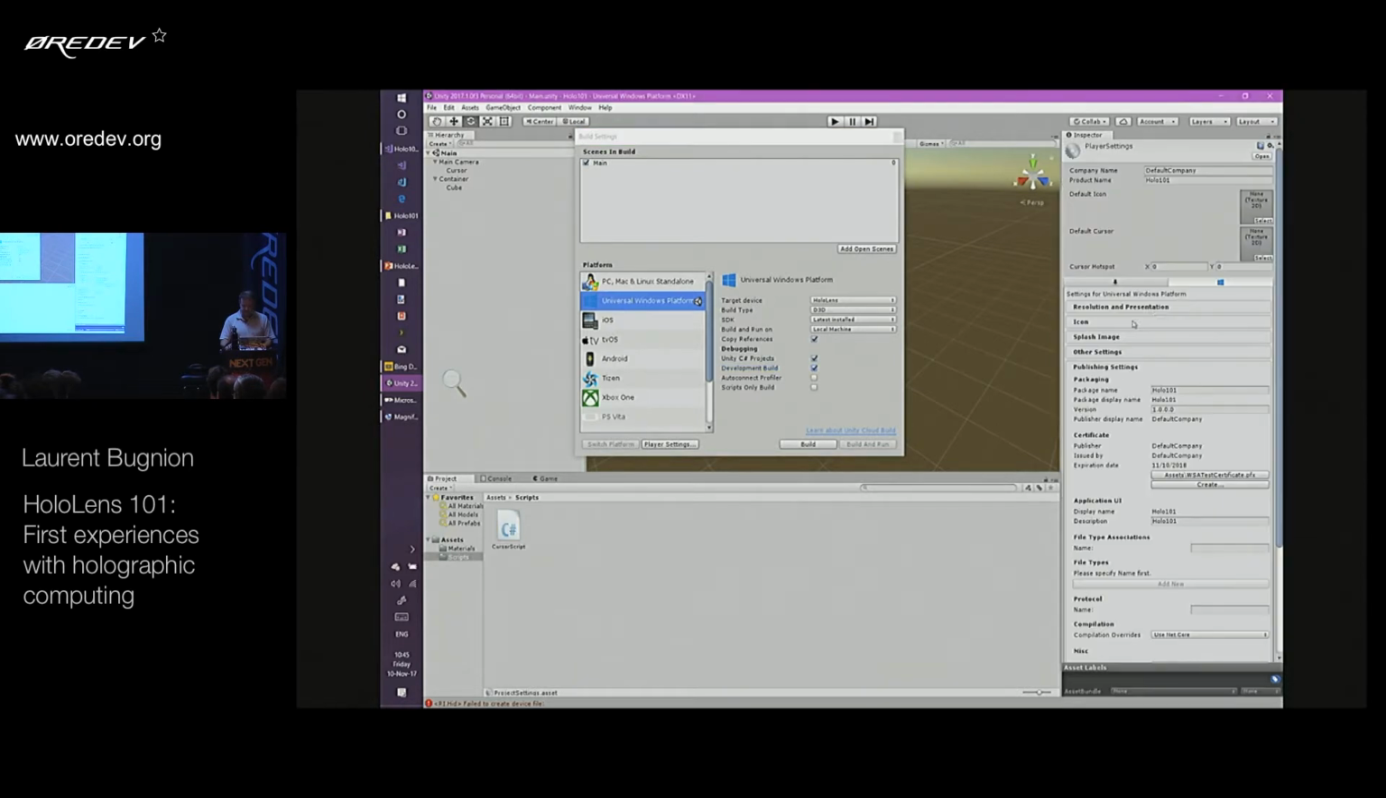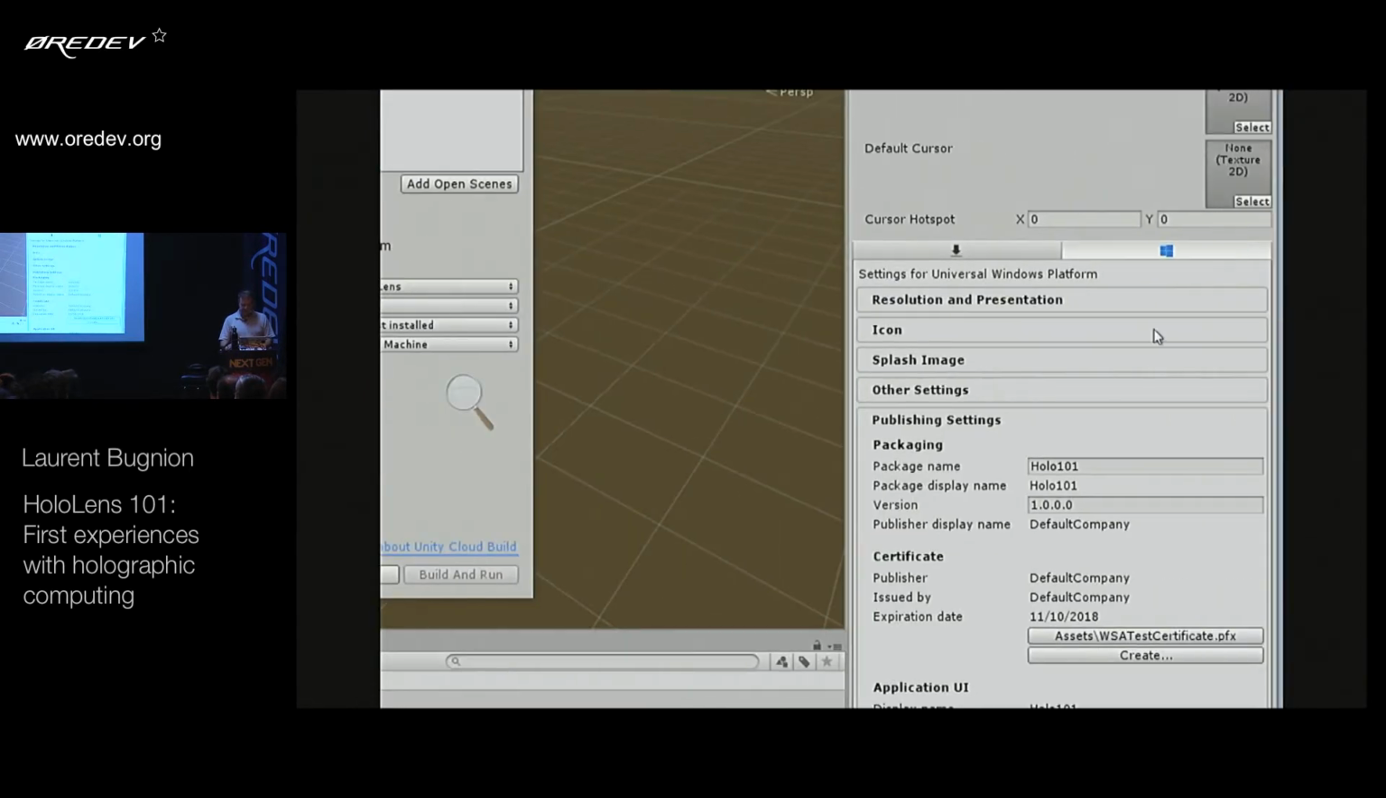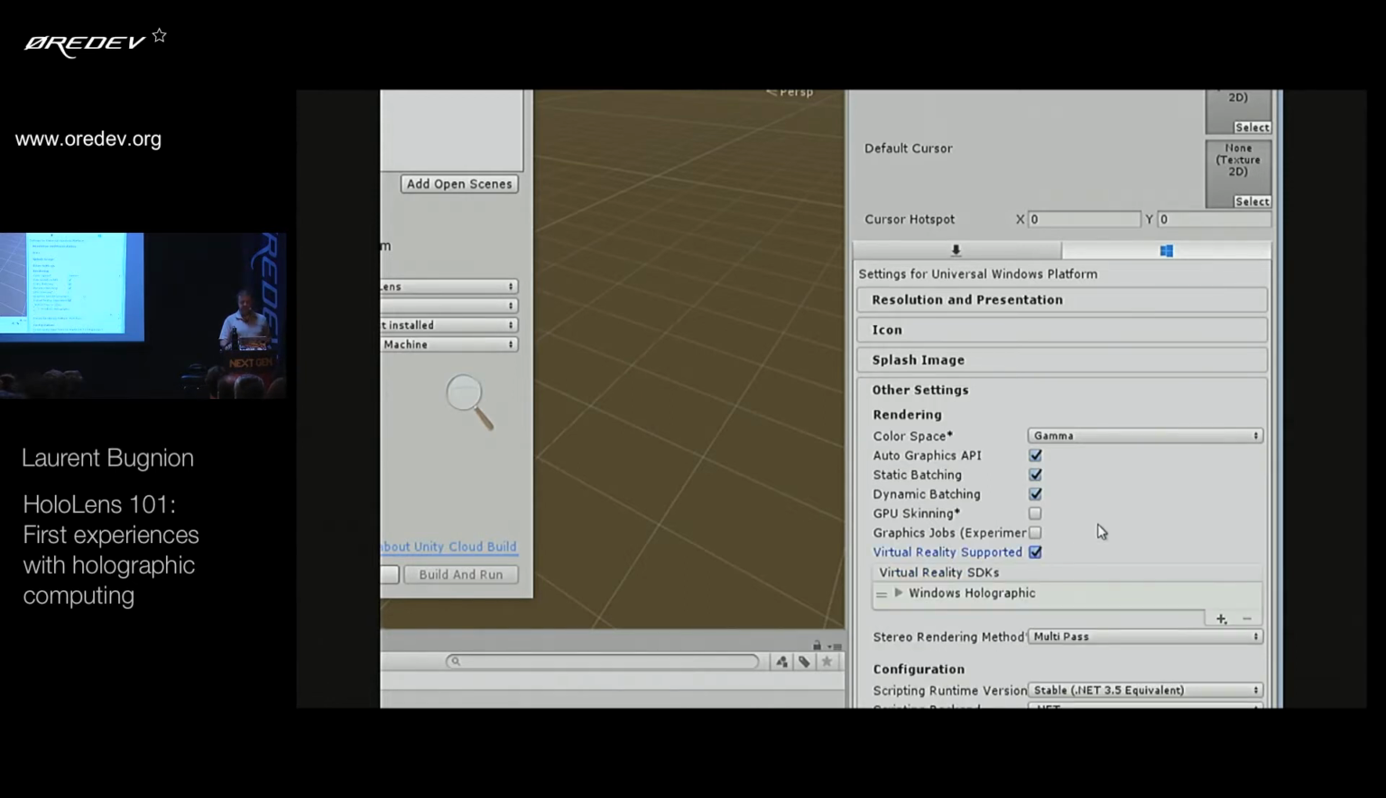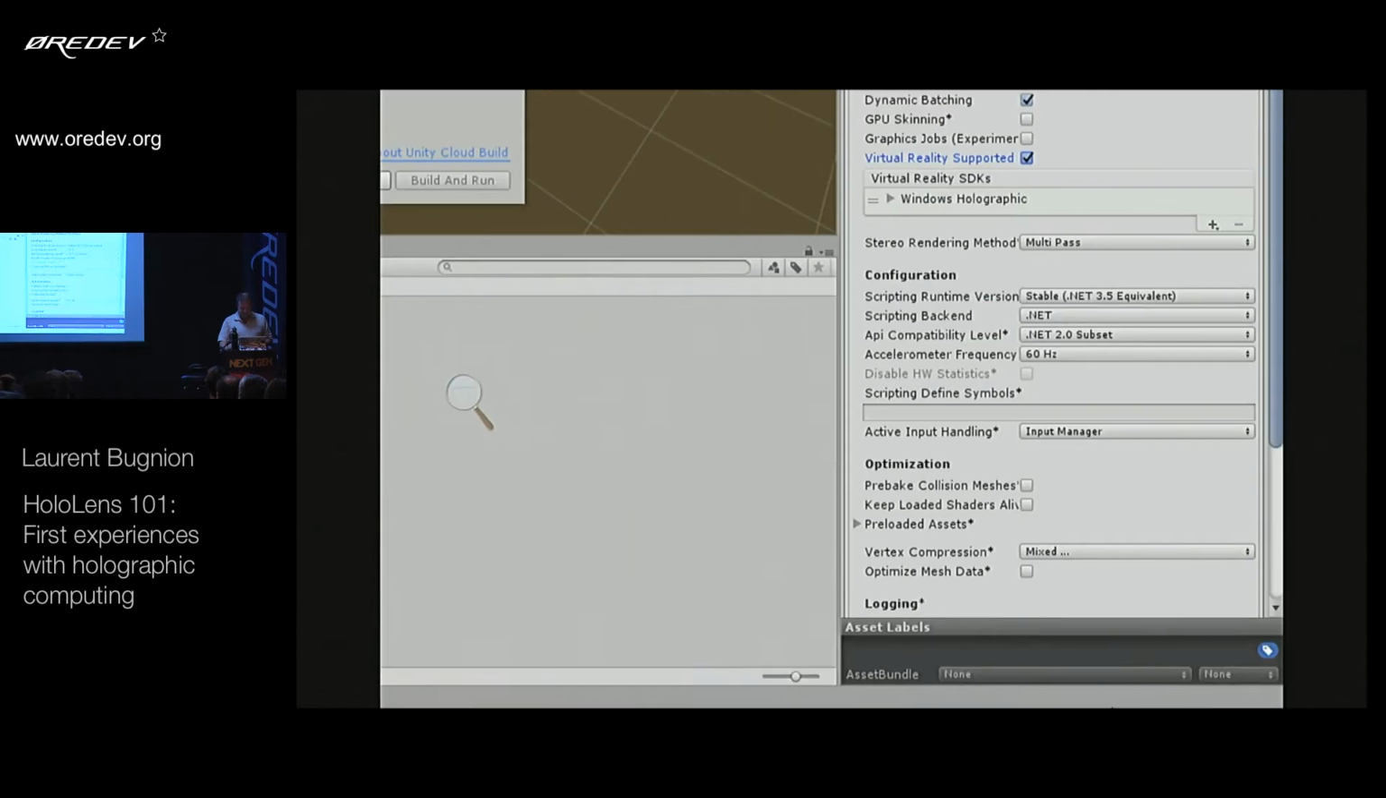So let's click here. And here what I want to do is under other settings, I want to say virtual reality is supported, meaning that I can use a virtual reality SDK. In that case, I'm using the Windows holographic SDK. So this version of Unity has the holographic tools installed as well. And this is what's going to take care, for example, when you move your head, that the camera actually changes and you can interact with the holograms. Okay? And finally, the last thing I want to change,